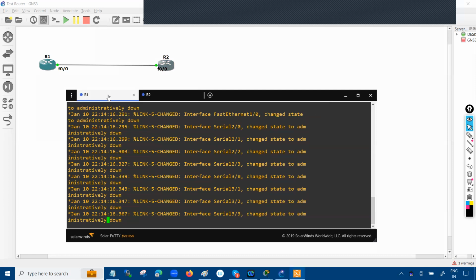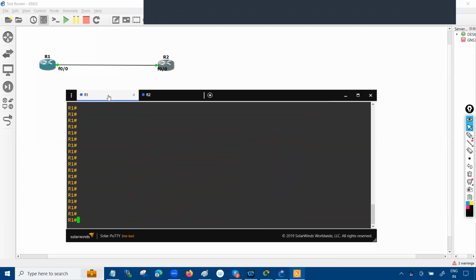Okay, so that's my router one. You may have a question here: I'm not getting the user mode right now over here. We are just entering the privilege mode. That's a GNS3 behavior. I cannot do anything, but